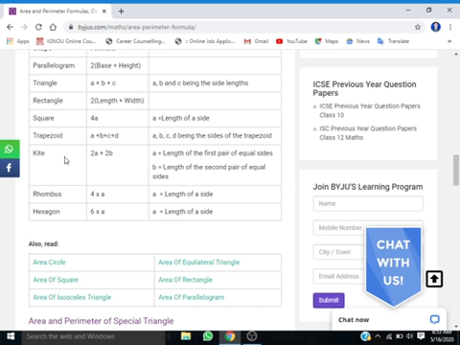When we discuss the parallel sides of a trapezoid, they can be treated as A and B, and the rest, the non-parallel sides, can be treated as C and D. Or when we consider any one of A, B, C, D, then the sum of all sides becomes the perimeter of the trapezoid.